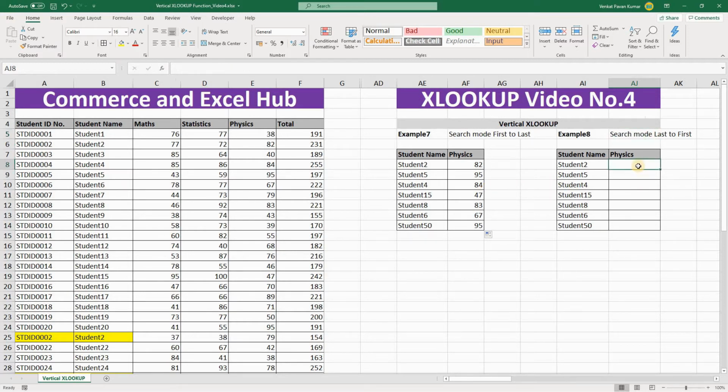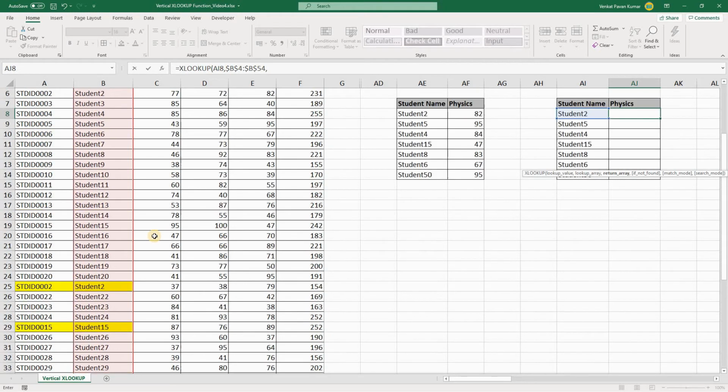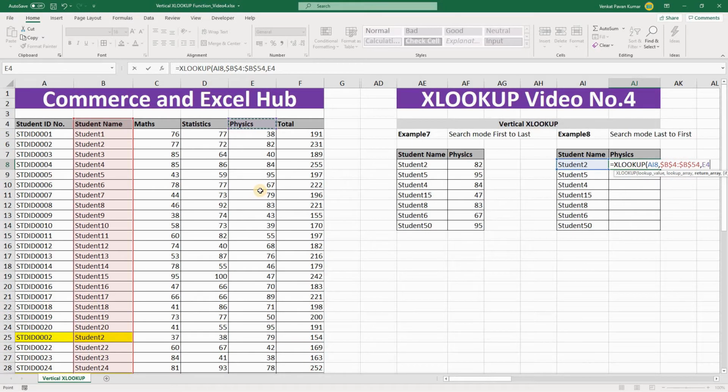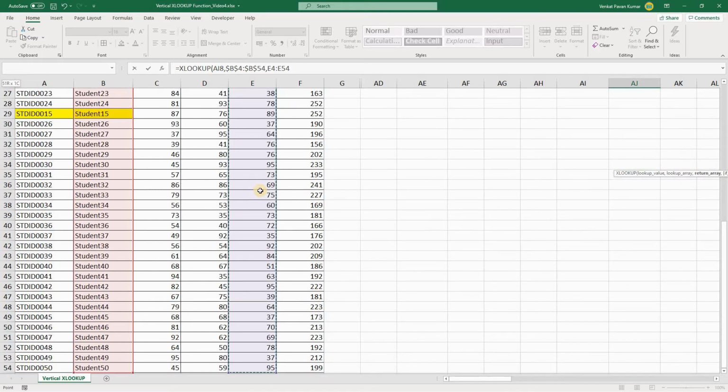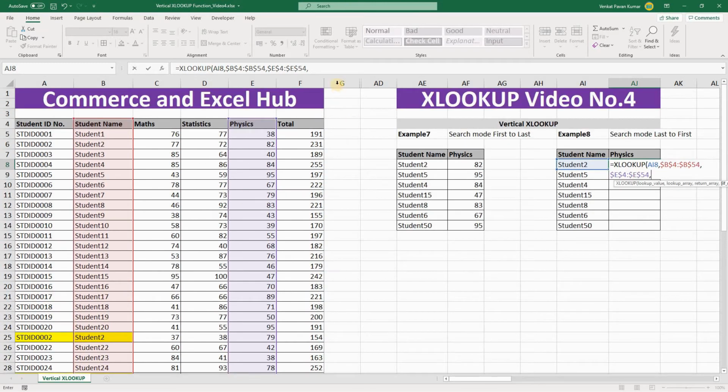Okay. So here I'm going to write XLOOKUP, and the lookup value will be student name, comma, and the lookup array will be student name column in the source table. Hit F4, comma, and the return array will be subject physics column. Select this column and hit F4, comma, and the fourth argument is if not found.